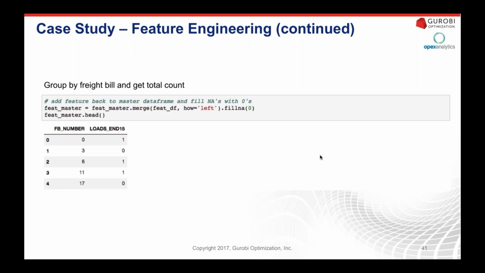Finally, our last step is to merge this data back into our reference data frame, always using a left join in this case, and then filling our null values with a 0. The reason we want to do this is because if we're going through this feature engineering, it may be the case that even though we've tried to avoid sparsity, we still may end up having markets that do not frequently ship to each other, or when we end up with more complex features, our data set may just be more sparse in general. So we want to make sure that we're not performing inner joins, or we'll quickly end up with a data set that has 0 records. We want to make sure that we're always performing a left join on that master feature data frame to ensure that we are keeping all of our historical freight bill records.